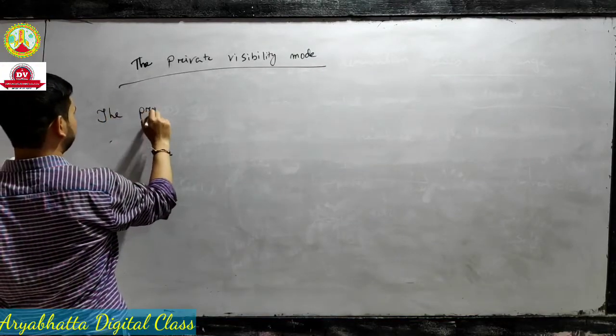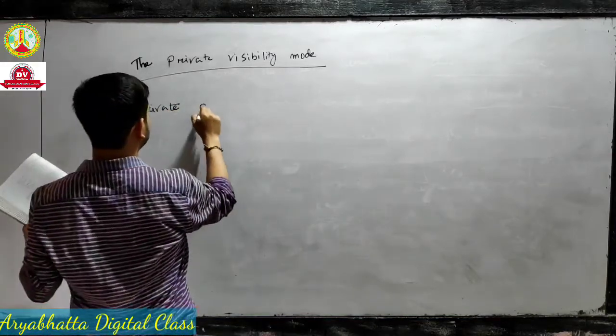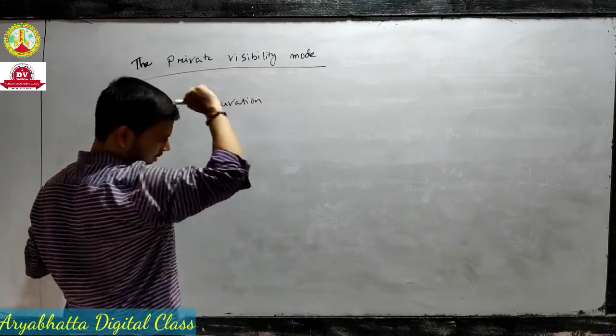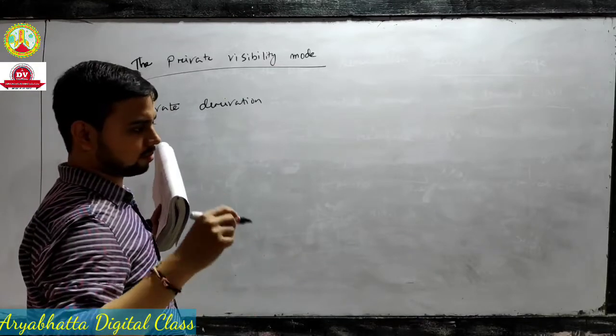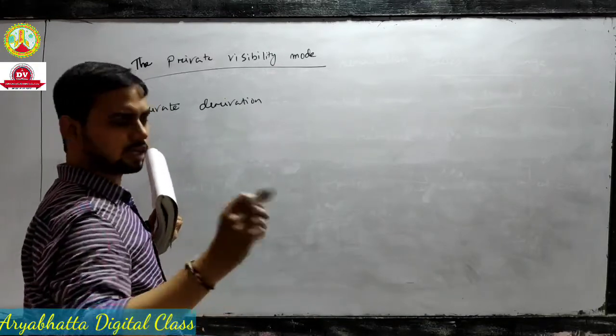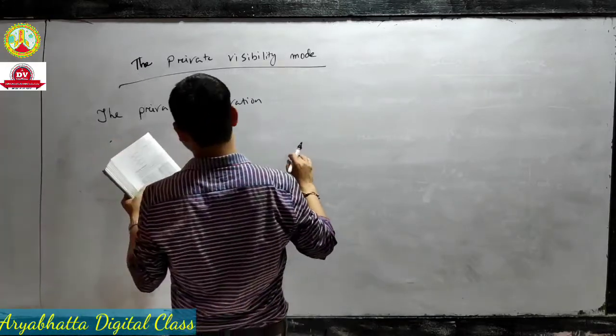You see in the table, then you easily understood. In private base class, the public member will also be private, and the protected member of the derived class will also be private. See, the private derivation means